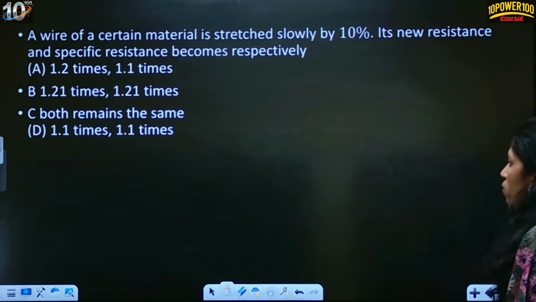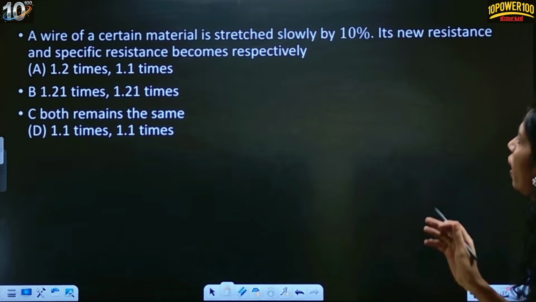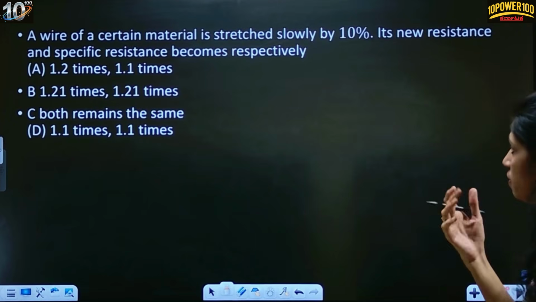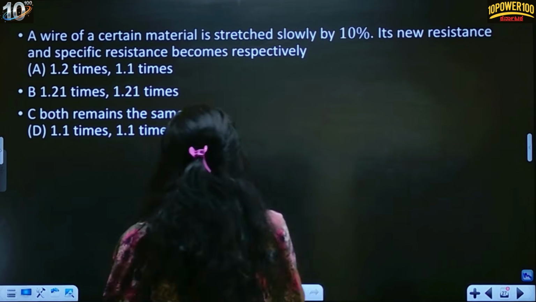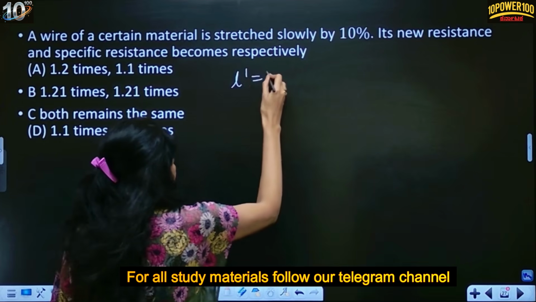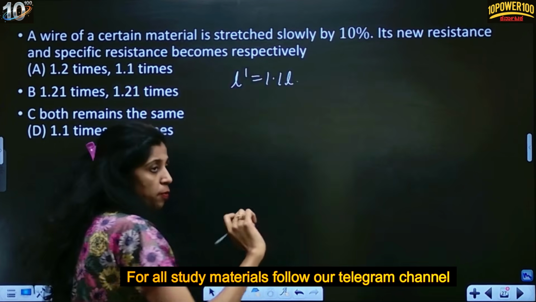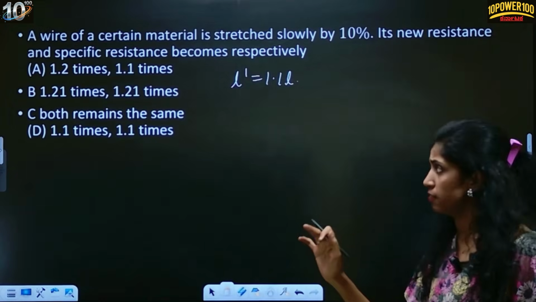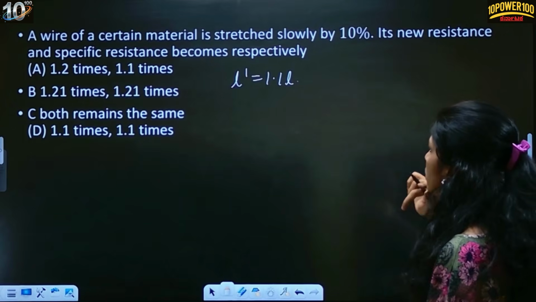Okay. So the next one is a wire of certain material is stretched by 10%. What happens to its new resistance and specific resistance? Whenever they are stretching it by 10%, the new length will be equal to 1.1 times the original length. Please remember this. If it is 10%, 1.1. If it is 20%, the length L dash is 1.2